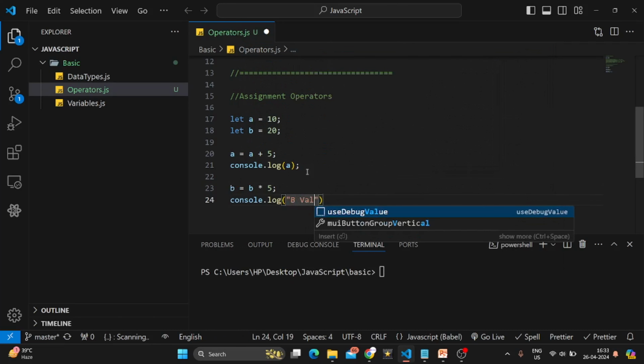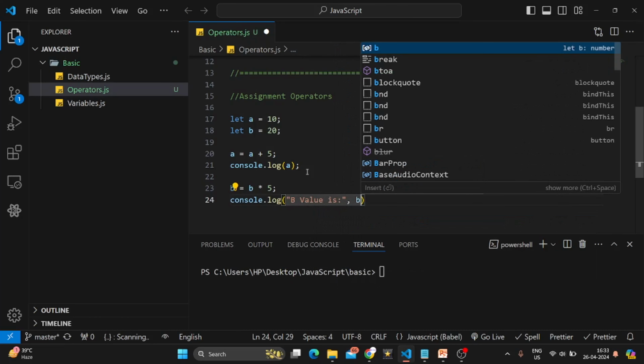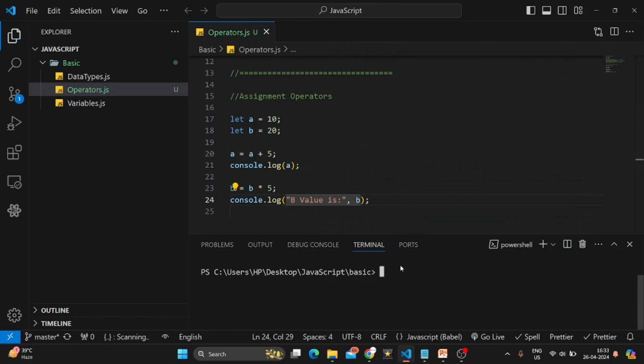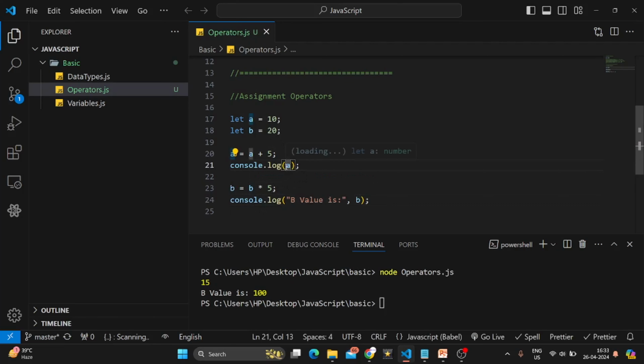B value is... Let me console log this value, and here I got the value as b value is 100. Here I have taken 20, and 20 into 5 becomes 100. Okay, let me make the message here as well. A value is,